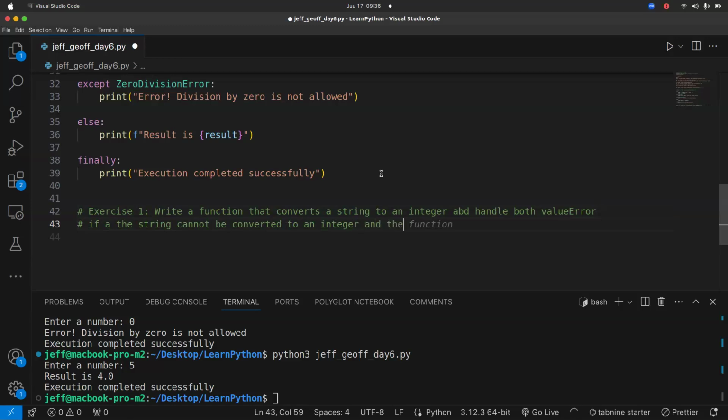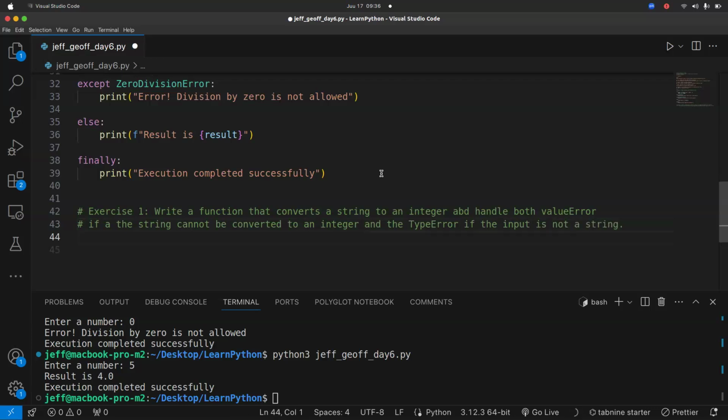and the type error, if the input is not a string.